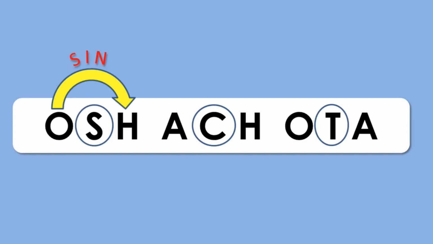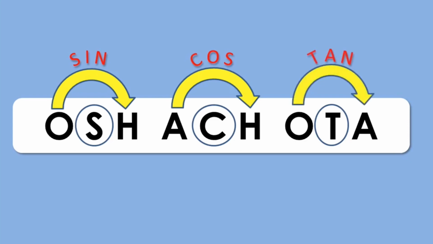Next we come to C, that is cos. A is to the left of C and H is to the right of C. Hence, cos can be written as A upon H, that is adjacent side upon hypotenuse. Next we come to tan, that is T. T has O to its left and A to its right. So, what should be tan? Tan will be nothing but O upon A, that is opposite side upon adjacent side. Now, we have learned the three ratios, sine, cos and tan, and it's very easy for us to recall this whenever needed. Next, we can easily find their reciprocal ratios as well.